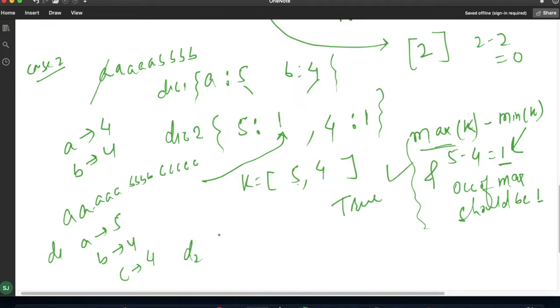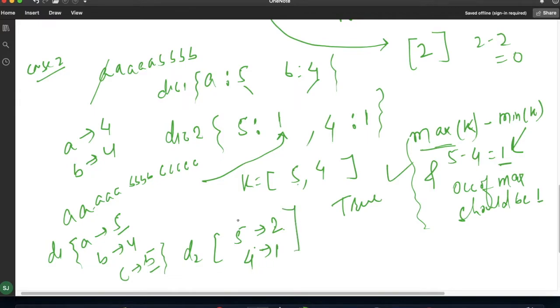Dictionary 2 will look like this: for 5, the occurrence is 1, and for 4 the occurrence is 2, for B and C. My first key will be 5 whose occurrence is 1, and the second key is 4 whose occurrence is 2.